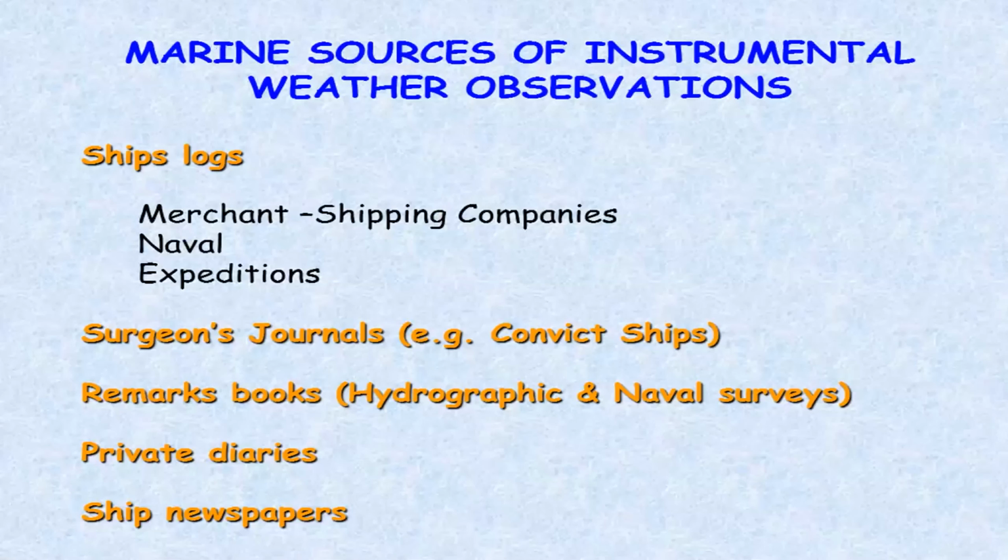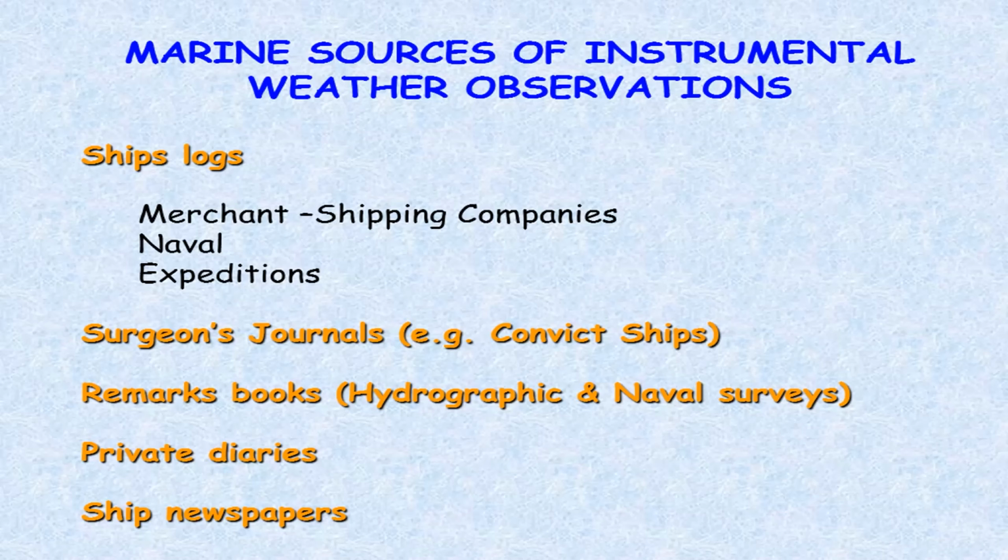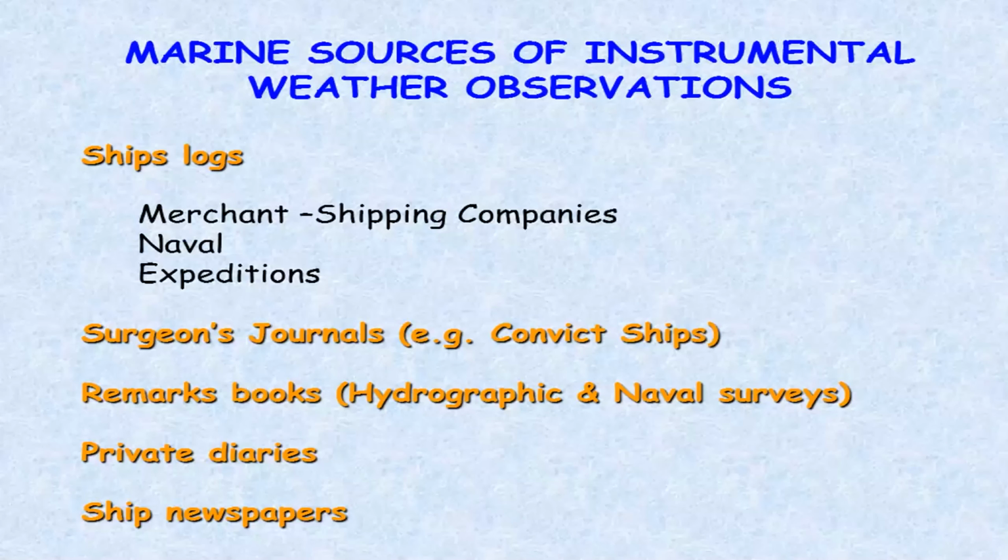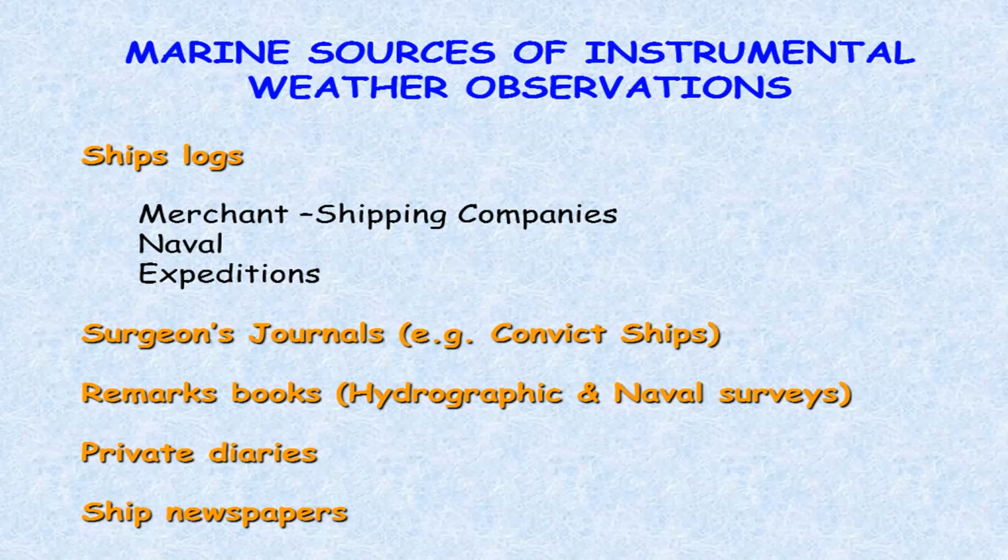So I mentioned I was going to talk about not just terrestrial data, but marine sources of data. And Tony referred to ship logbooks, and there are masses of ship logbooks, not just in the archives of the British Library or in the Met Office where I am, but in other places all around the world. It's amazing where material is held. And they usually cover merchant shipping companies, naval data, and expeditions, and naval data from various countries, etc. So they're a valuable source of data.